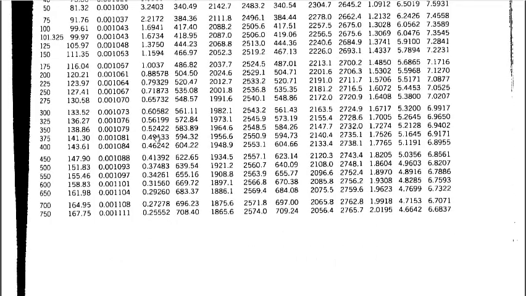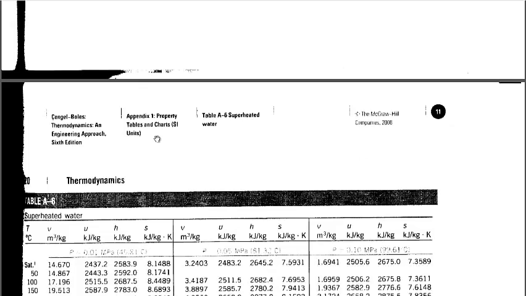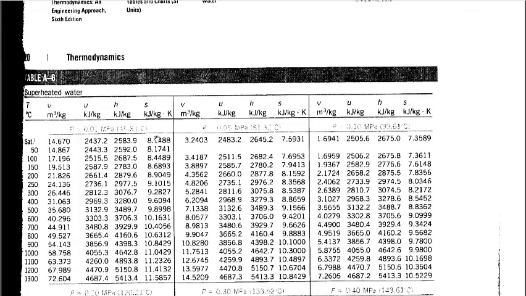Okay, so again, if we just move on a little bit further, turn a couple more pages, we come to table A6. And table A6 is now providing the property data for when water is a superheated vapor, right? So table A6 is titled the superheated water table. Now, when we get to table A6, when we get to the superheated vapor region, temperature and pressure of water,